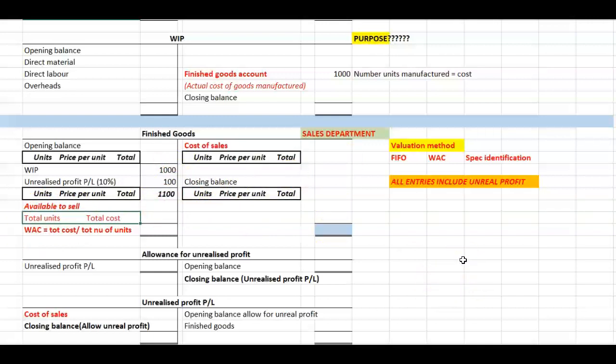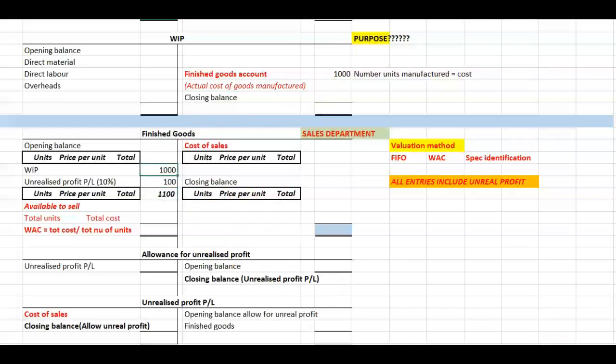Now, IAS 2 says that inventory should be valued at the lower of cost and net realizable value. We have just valued the closing balance of inventory, and we've worked on the 1,100. Was the 1,100 our actual cost? No, it wasn't. What was our actual cost? 1,000. So IAS 2 says, I don't have a problem with you adding unrealized profits, because probably there's a good